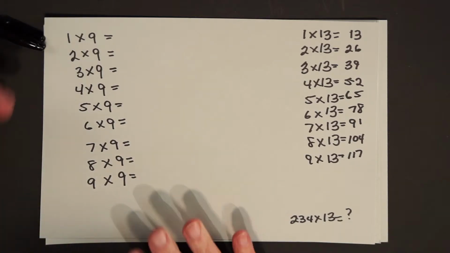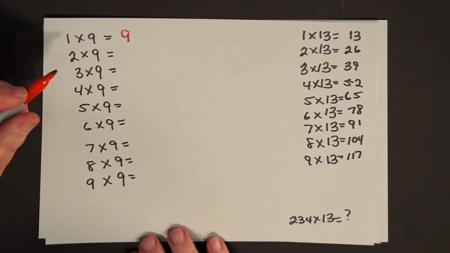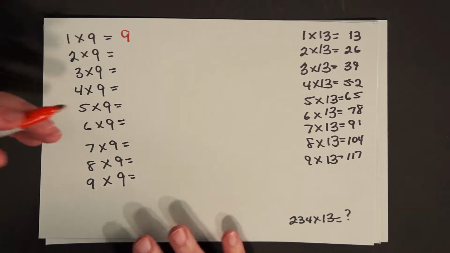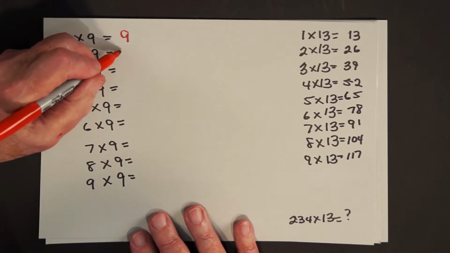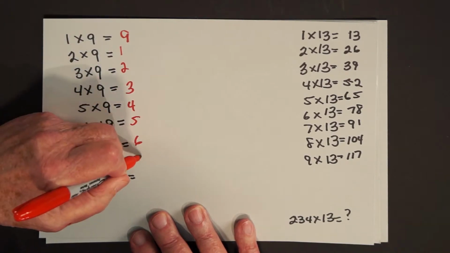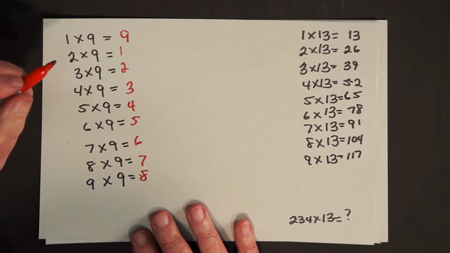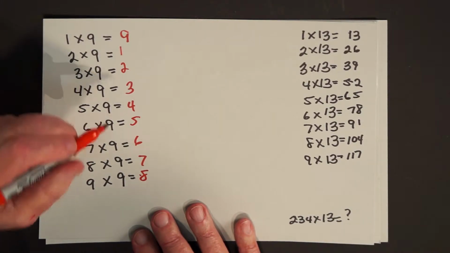was this problem. Now, he knew that 1 times 9 was 9, but he hadn't studied, and he didn't have a hint as to what the others would be. But he figured because he was negligent, the least he could do was save his teacher some work, and that he would correct the paper for her. So he said, I have 1 wrong, 2 wrong, 3 wrong, 4 wrong, 5 wrong, 6 wrong, 7 wrong, 8 wrong. He said, but the way my luck is running today, I probably even counted wrong, so I better double